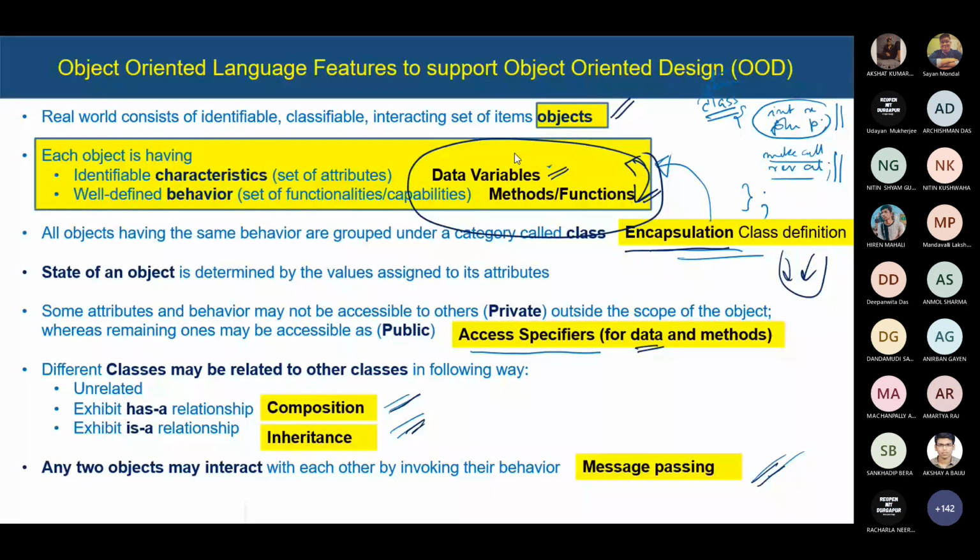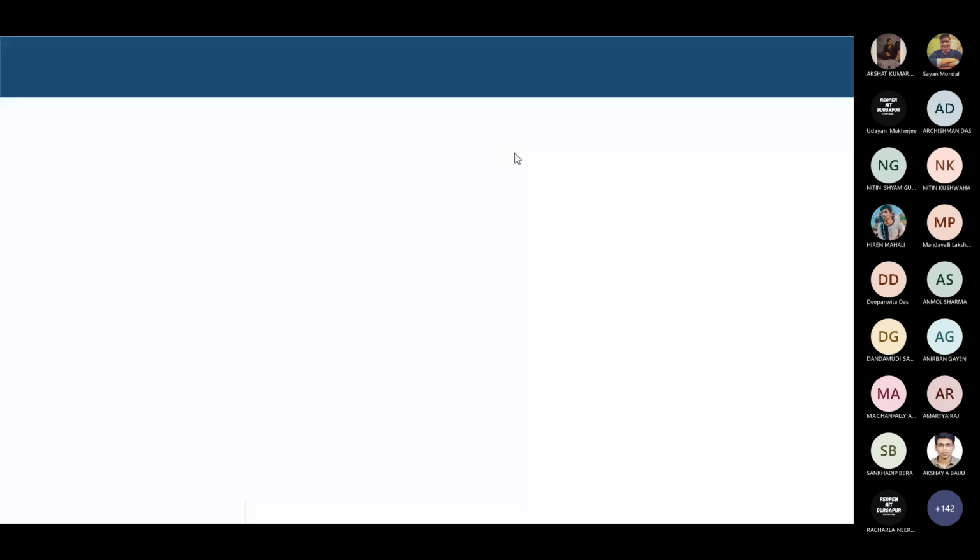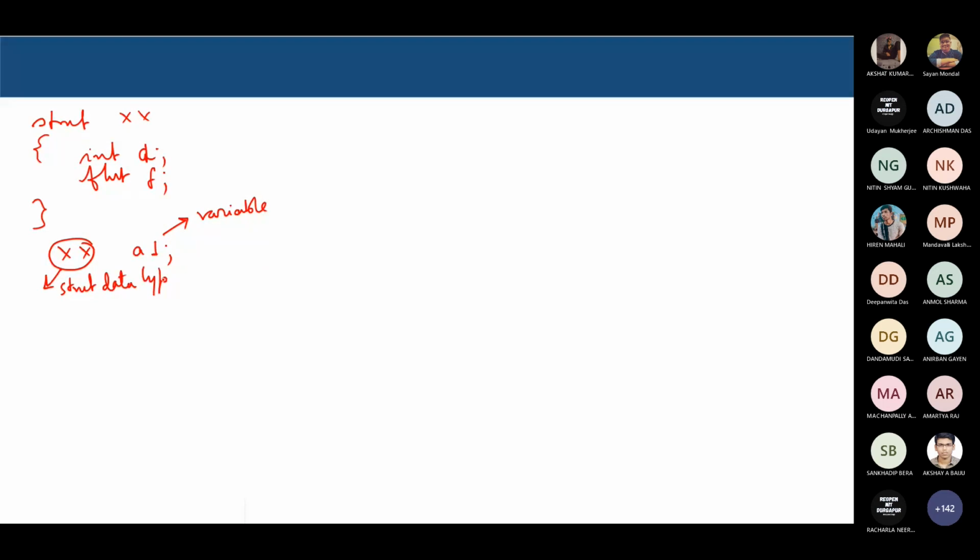But in C++, we'll call it as, say, if I have A1 here, so in C we call it a variable, and this we call the structure, I mean the structure name or the structure data type. In C++,